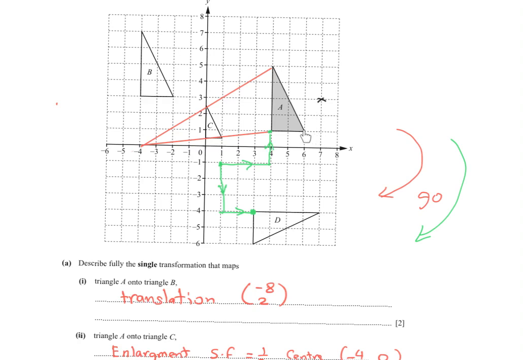So (2, 1) becomes (4, 2). 2 down, 1 to the left becomes 4 down and 2 to the left. This is the image for this point. So the image is now (4, 2). The next point, that one,